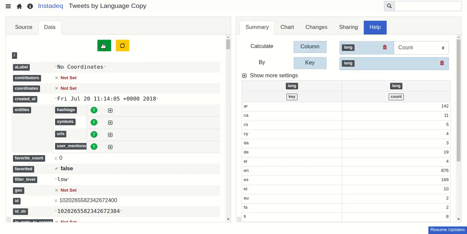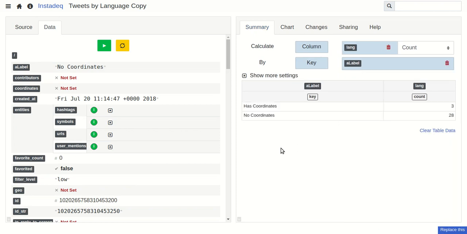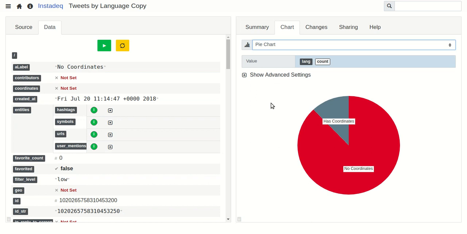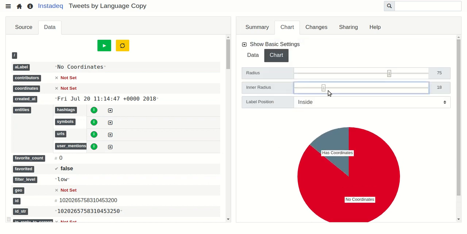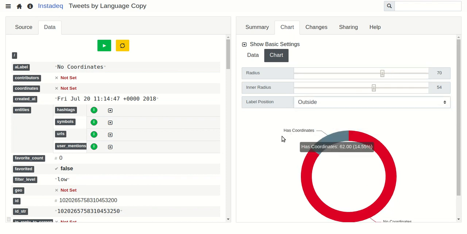So now we can see it here changing, and we can drag a label to the key and replace the one that was there. So now it will be counting by that label, and we can go to chart and we can select pie chart and we can play a little bit. For example, we can make it a donut chart and put the labels outside but the colors are not as